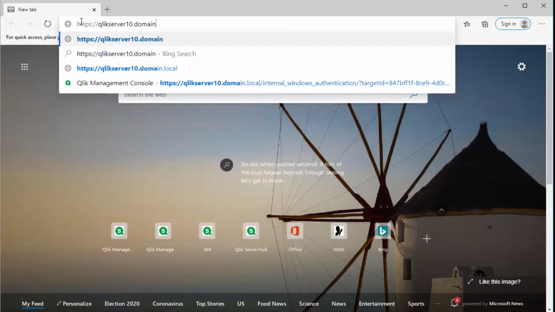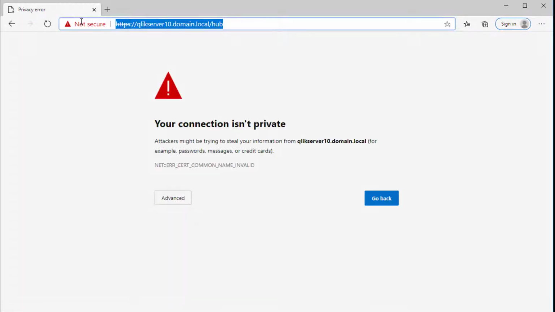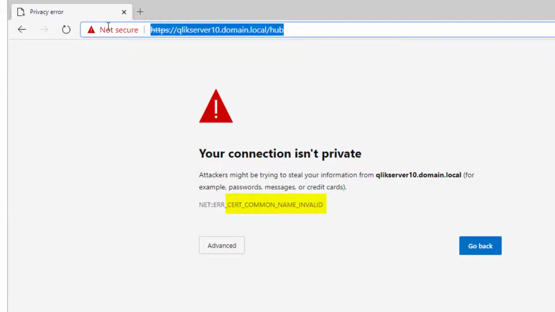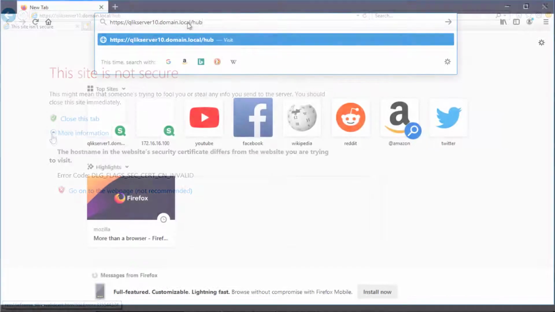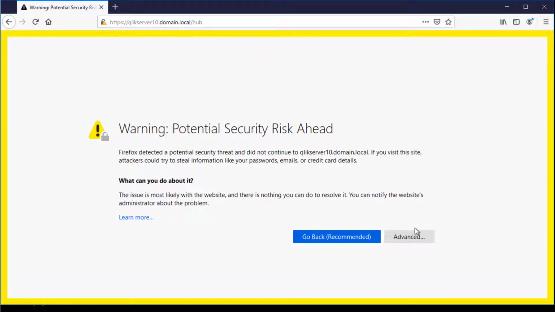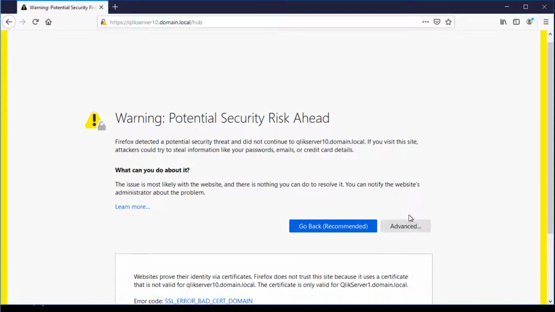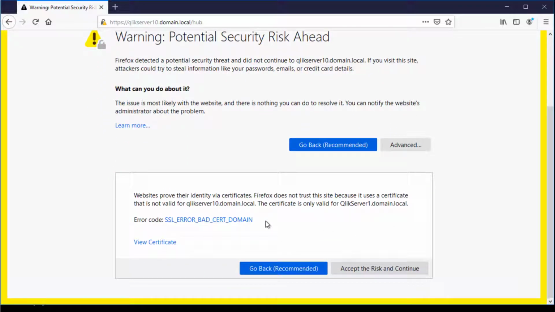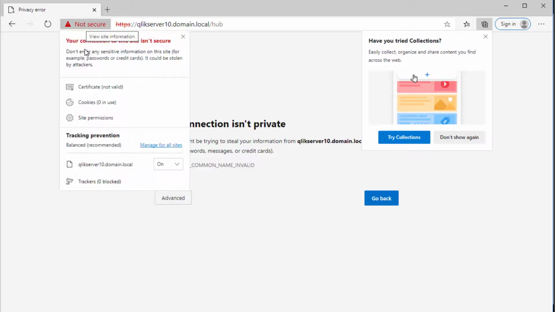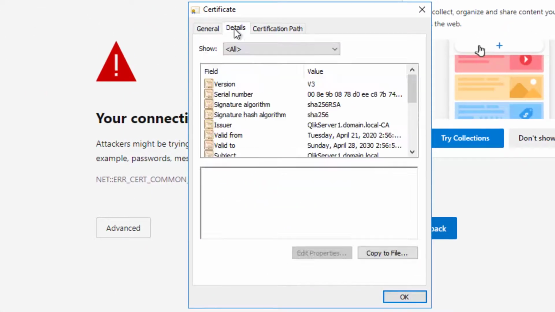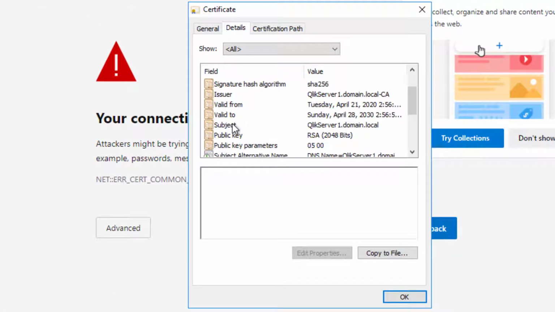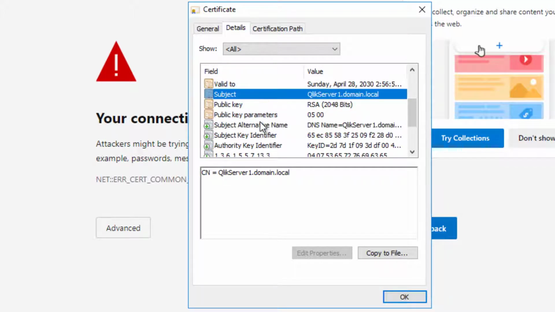The user may observe the web browser error code displayed here indicating an invalid certificate common name in Microsoft Edge, Google Chrome, and Internet Explorer browsers. Firefox's error code is different, indicating an invalid cert domain name. However, this also means that the FQDN used in the URL does not match the common name in the certificate presented by the server. The certificate common name can be found in the certificate's Issued To field, as well as in the Subject field. The same and additional strings may be listed under the Subject Alternative Name field as a DNS name entry.